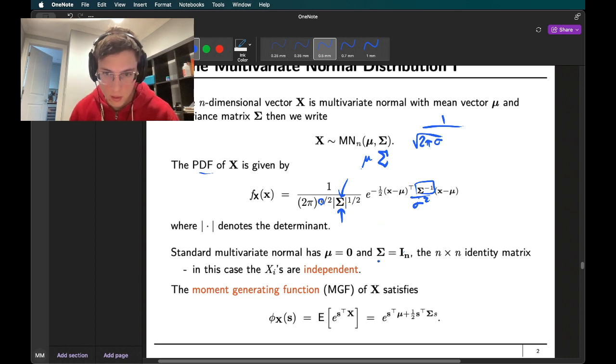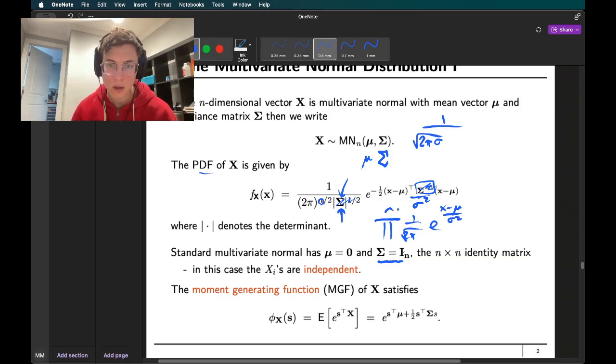So if the covariance matrix is just the identity matrix, then this goes away, and this goes away, and we just end up with a multiplication of 1 over square root of 2 pi e to the minus x minus mu over sigma squared across all n, and that's why it's independent, because the PDF is just all the little PDFs of each of the normal